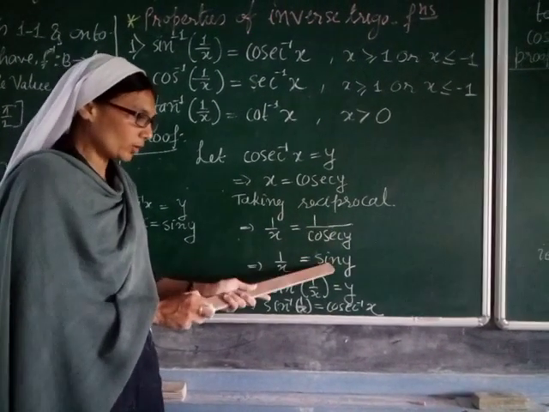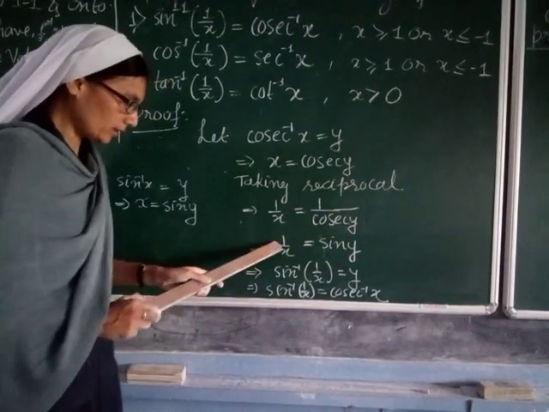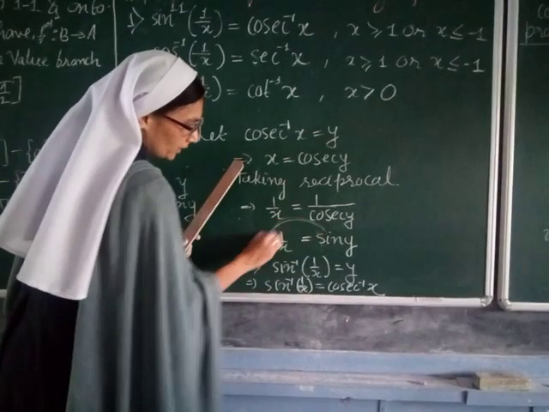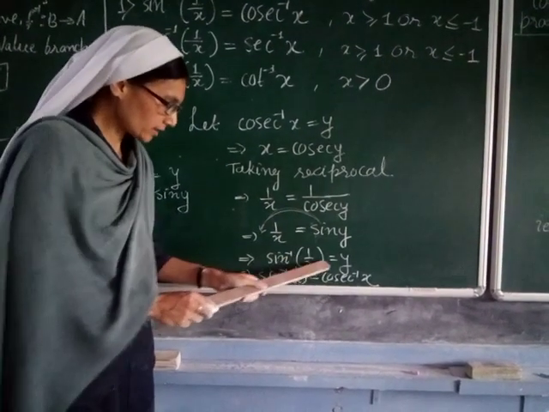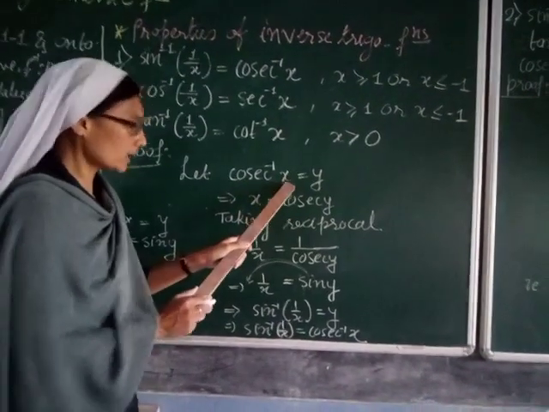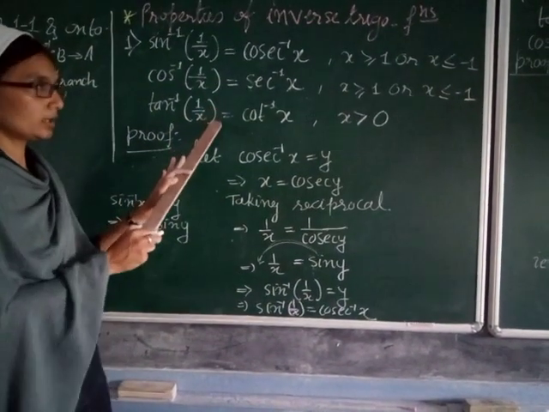Okay, this is only trigonometry. So sin y, you bring the sin to this side, and it becomes sin inverse. It's the property. So sin inverse 1 by x is equal to y, where you have assumed y as cosec inverse x. Place the value cosec inverse x. Similarly, the other two are done.